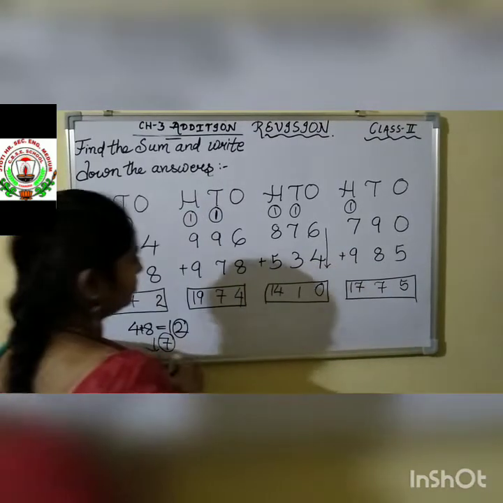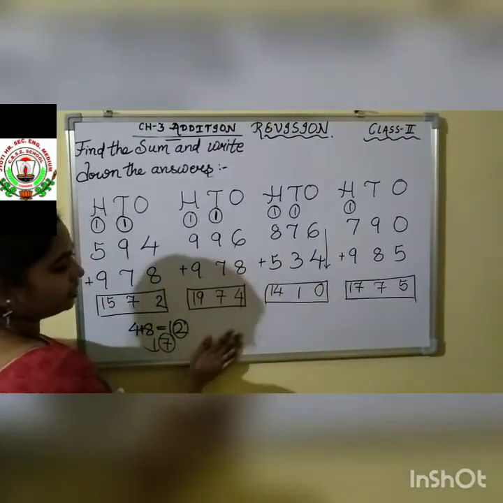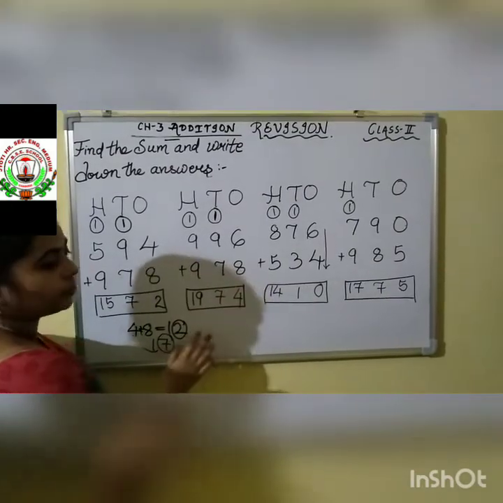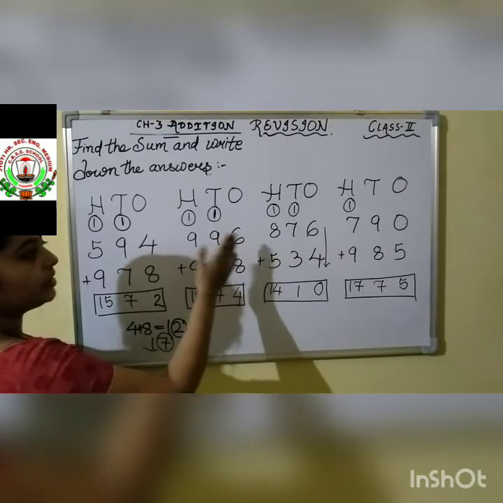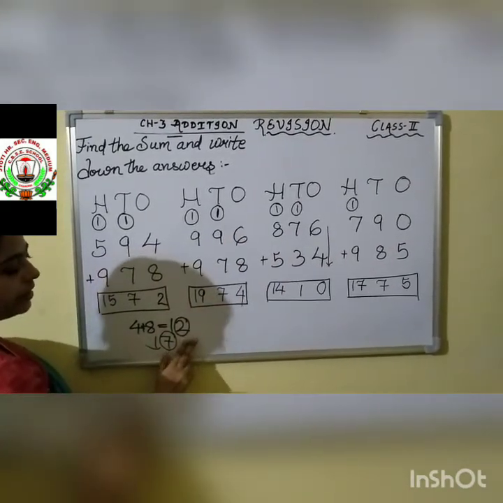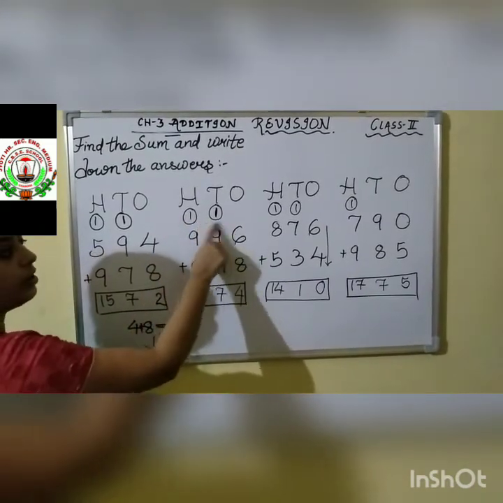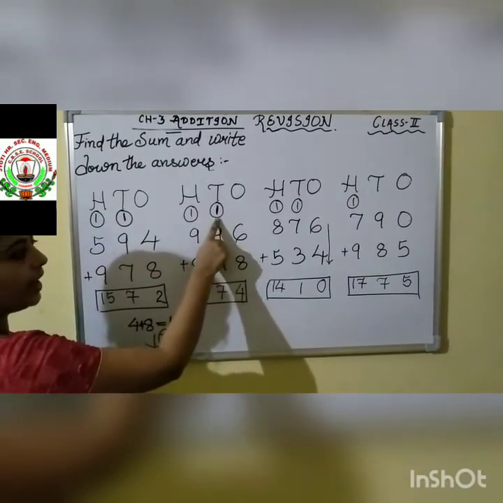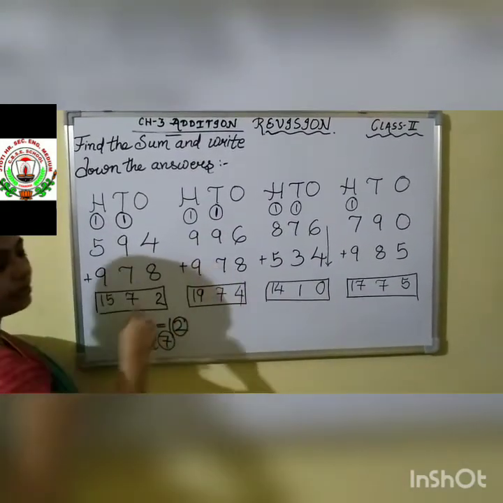1775. So children, these are the questions of your chapter on addition. Practice like this. You now know how to do it. Start from the ones place, then the tens place, then the hundreds place. See the carry properly. If 2 digits come, give the carry to the next place value, and do not forget to add this carry with the answers coming, and then write down the answer.